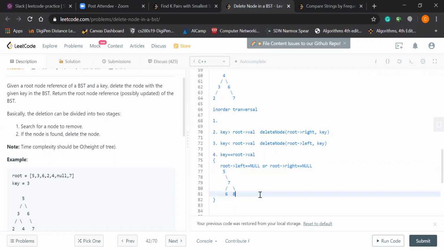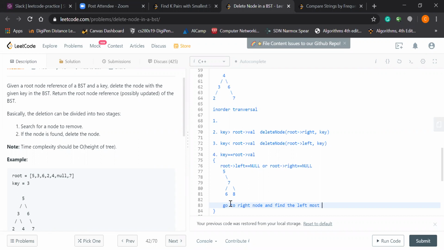Yeah, that will be fine. The next situation is we have the left subtree and the right subtree. We'll go to the right node and find the